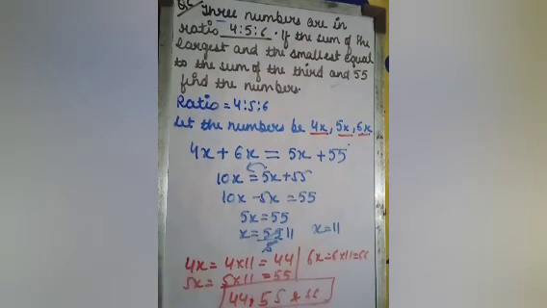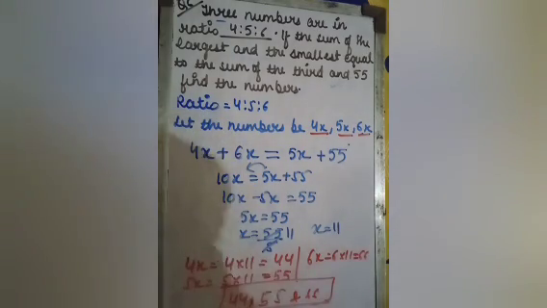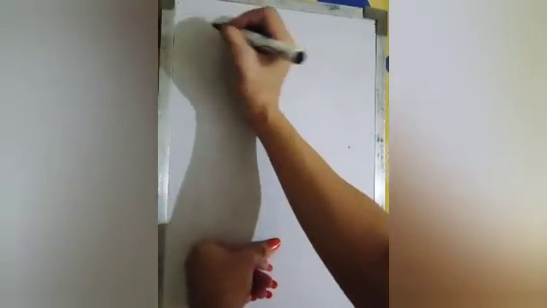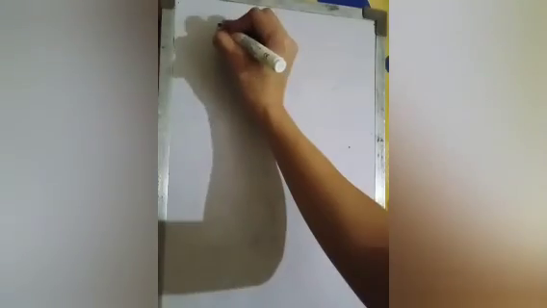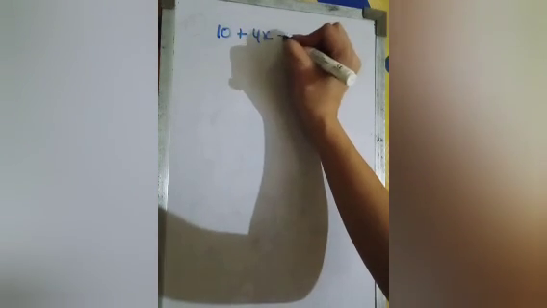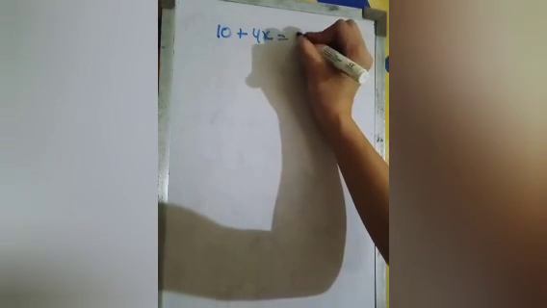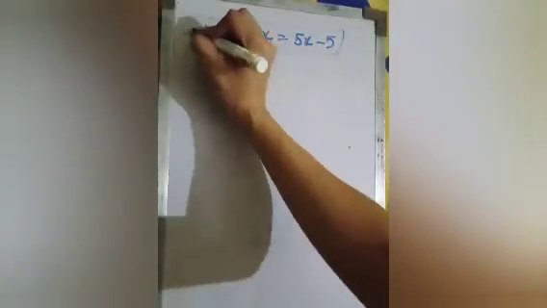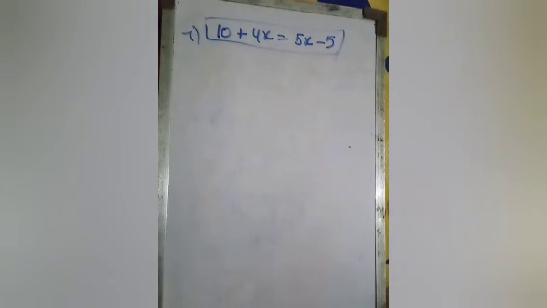Now move on to the question number 8. 7th is very easy. You can do it by yourself. I'll just tell you the equation of question number 7. The question number 7 says 10 added to the 4 times of a certain number. 10 add किया है 4 times of a number. Result is 5 less than 5 times of the number. 5 times of the number से 5 कम है. This is the equation of question number 7. You can solve it and find the number. Now let's move